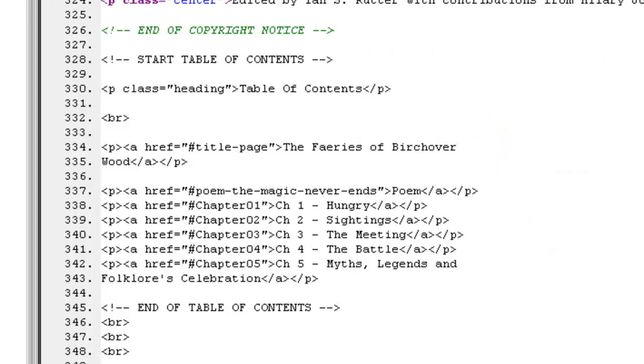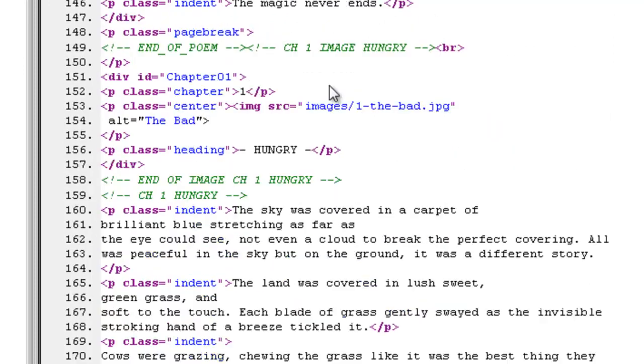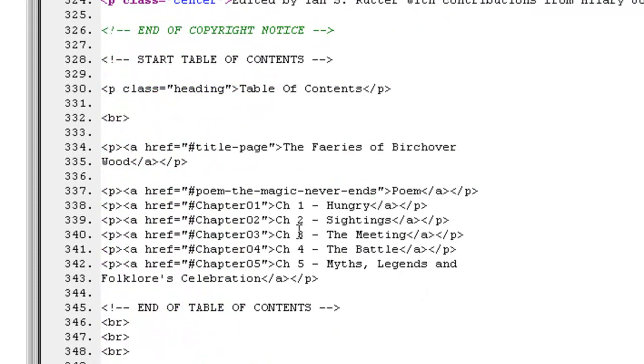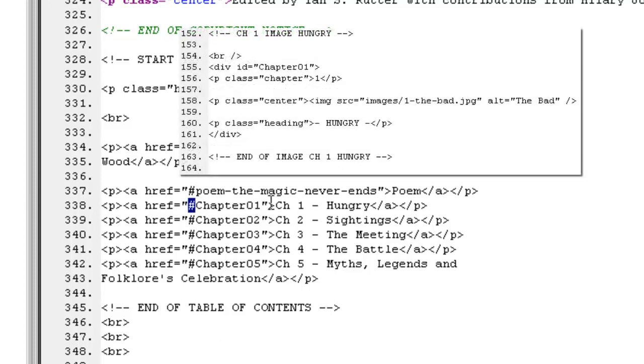I'll go through that one more time. Let's look at chapter 1. We have the div ID tag and we've called it chapter 01. This is like an identifier, the link which has a connection to the table of contents. So if we go down and we look at chapter 1, we have the octothorpe or hash, we have chapter 01. This is exactly the same as the one in section chapter 1, and because they are the same,